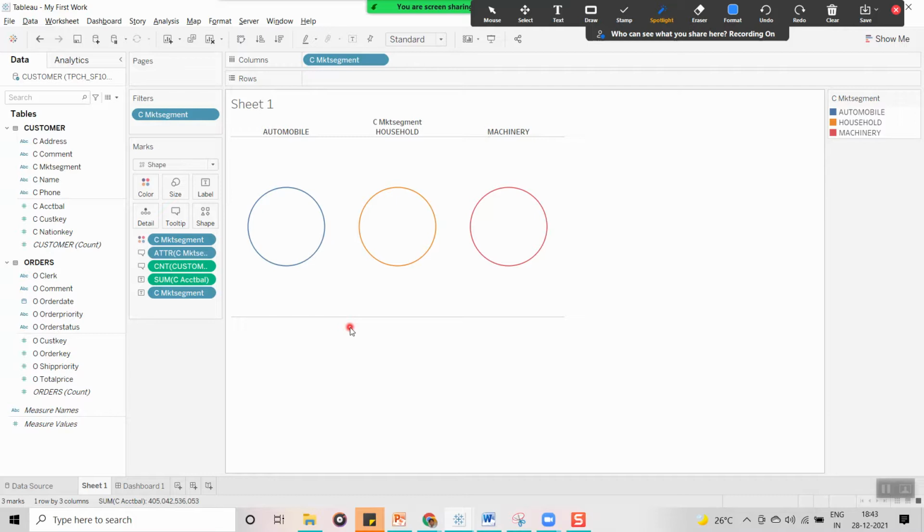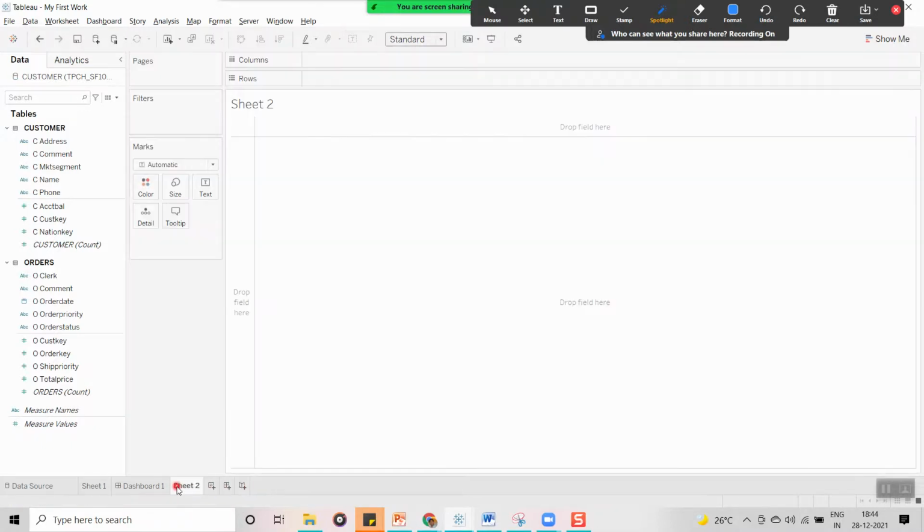Once you click on the T symbol again, show mark labels, automatically labels will be enabled. Whatever icons you can see in the toolbar serve different purposes. But the time is not going to be sufficient today to explain all this, so I will explain simple things. By clicking on these icons, new sheet, new dashboard, new story, we can create the sheets. The same icon is available here too.